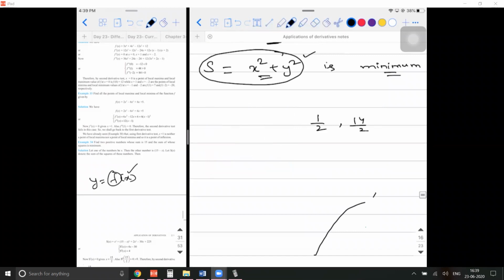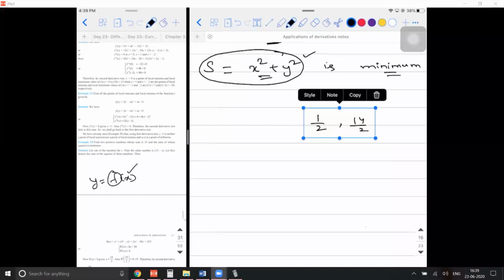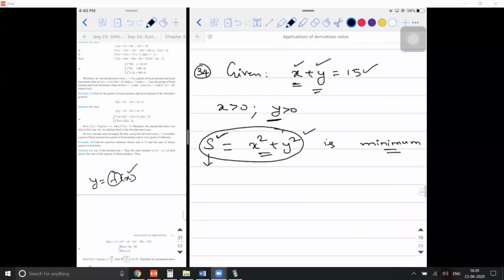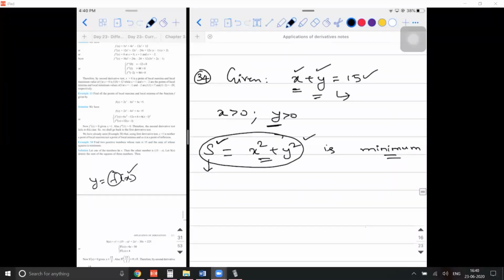So what exactly we are doing is we are taking the help of calculus to solve the same problem, instead of doing this trial and error method. When you need to find the condition for maxima or minima, for whichever parameter you're trying to find the maxima or minima, in this case the sum of the squares, which I have given a variable s, it should be a function of only one variable. It is not because it is easy, it is because that is how the function is defined.